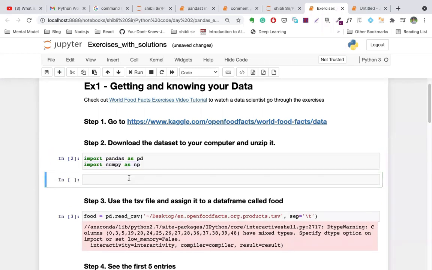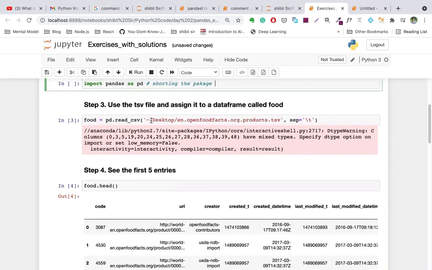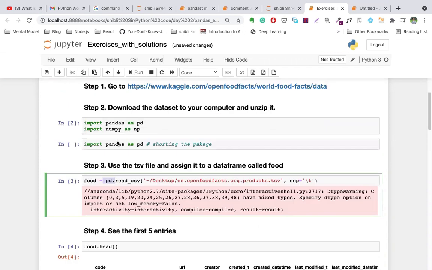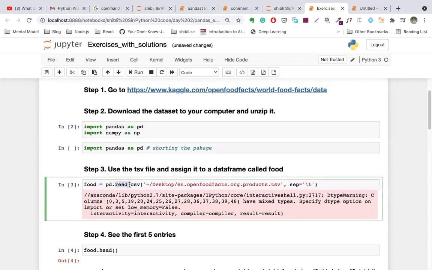So I'm importing pandas by writing import pandas as pd. Why am I doing this pd? Because writing pandas every time is hard, so I'm shortening it. You can read your data set by pd.read_csv. I'm reading this data from